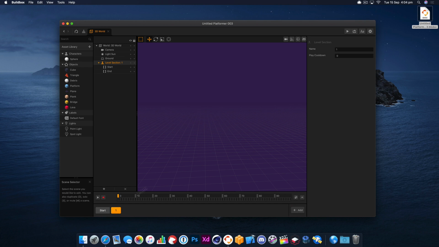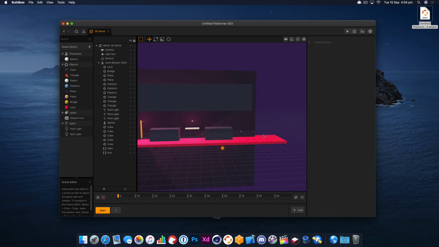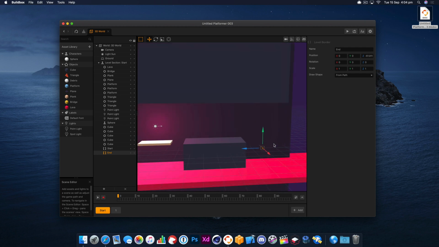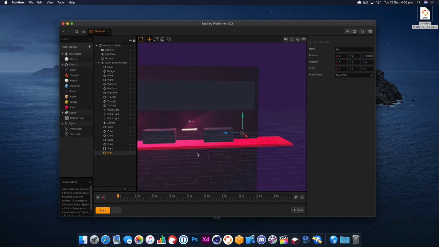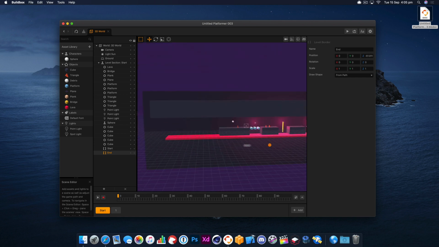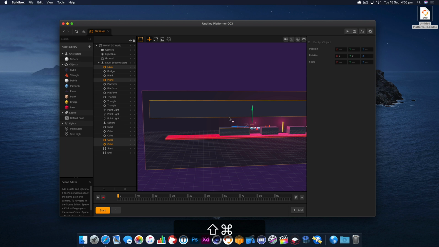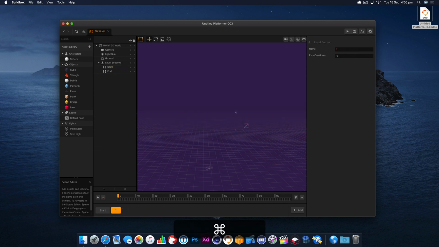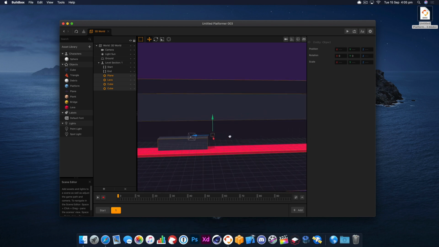So I've hit the plus button, we've added level 1, and as you'll see, it's given us a blank screen there. Now this is where the first part of the level ends. Or level 0, they call it start. You can see it ends there. So we're going to want to continue this background, so I'm going to select that. I'm going to select the ground as well. We'll select one of these and this header here, and I'm going to copy all those 3 and paste them here, which is going to paste them in exactly the same place, but